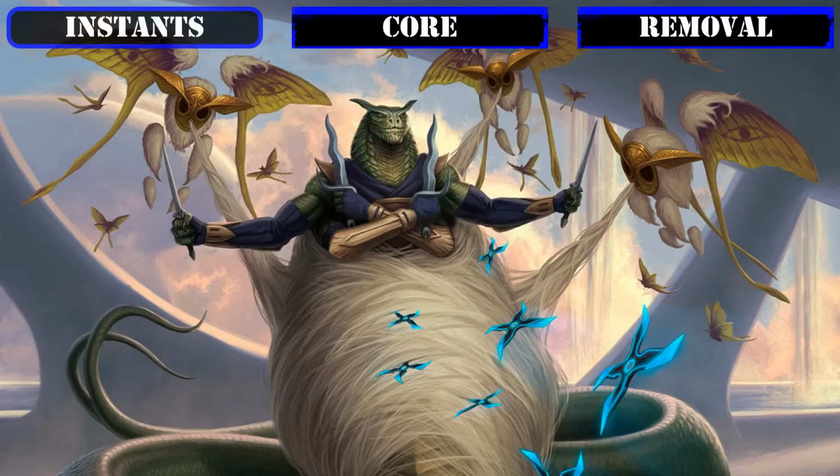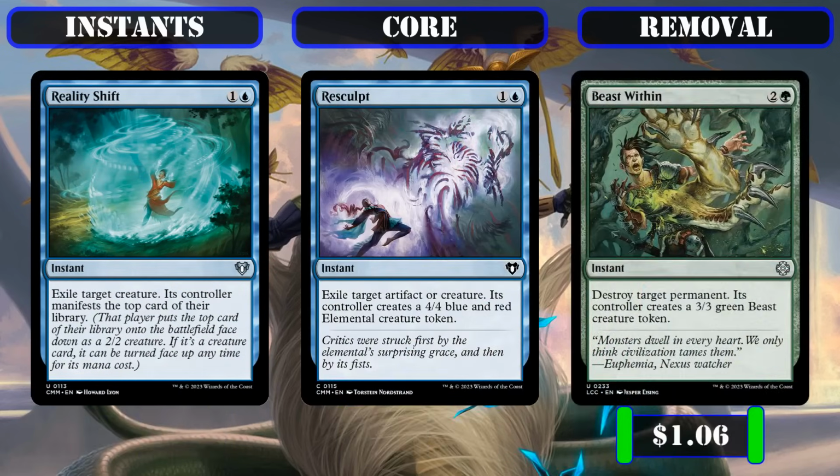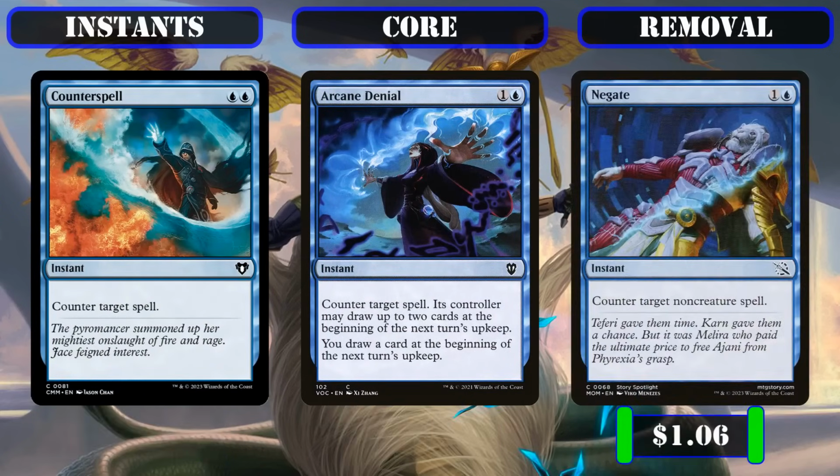Then from there, it's going to be removal all the way down for the remainder of this category to help us pick apart our opponent's boards and/or disrupt our opponent's spells, with Reality Shift, Resculpt, and Beast Within helping us with the former at the cost of giving our opponents a vanilla creature, which our bigger, counter-empowered creatures should have no issue running over, and Counterspell, Arcane Denial, and Negate lending a hand with the latter, as they're all cheap and efficient counterspells to help us hamper our opponent's key plays, or just help to keep our boards intact